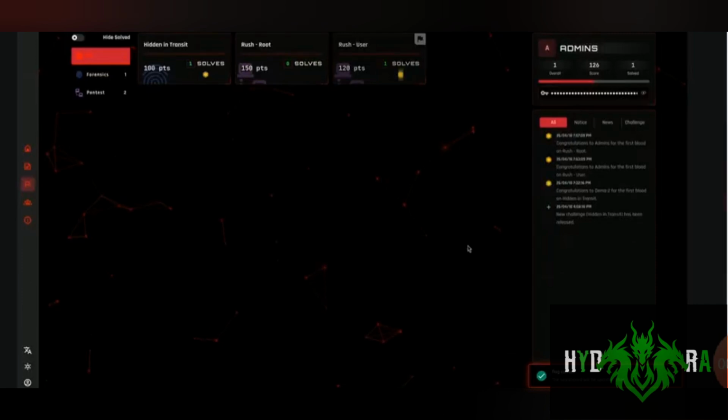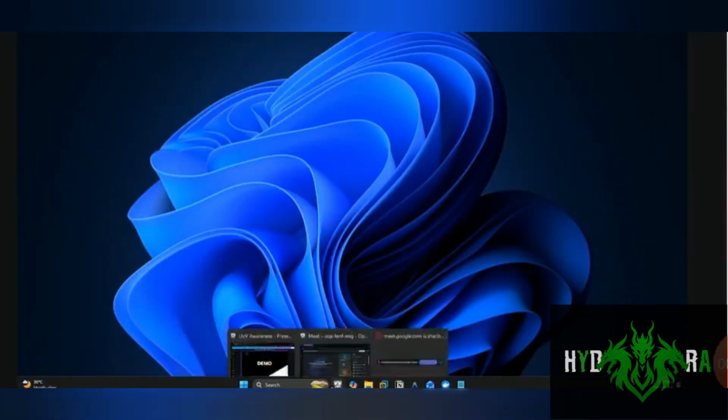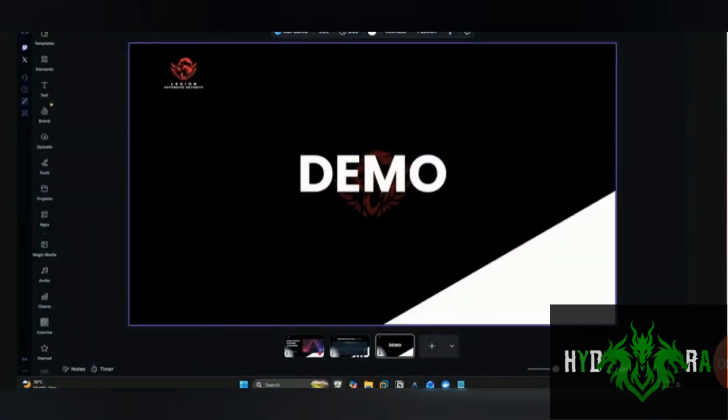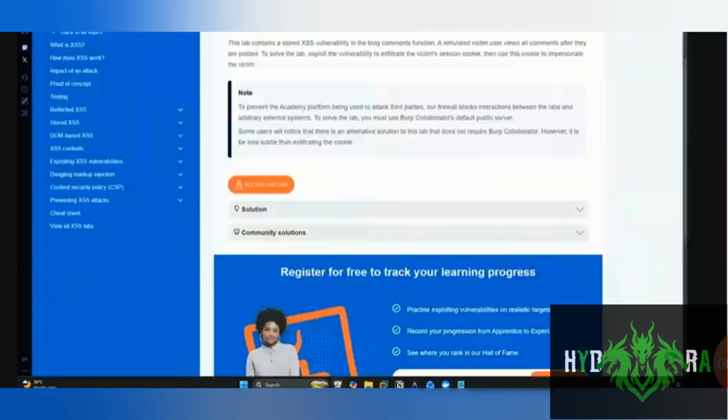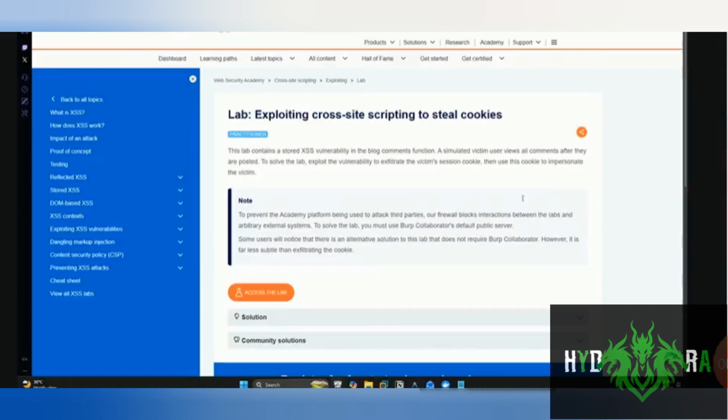Also, since you will be coming across web challenges, I created one small challenge as well, so you can have a better understanding of how, let's say, an XSS challenge works on the web side of things. I'll give you a brief walkthrough on the XSS challenge and how you might be able to do this. I'll walk you through a normal lab from PortSwigger and also show you how this would happen in